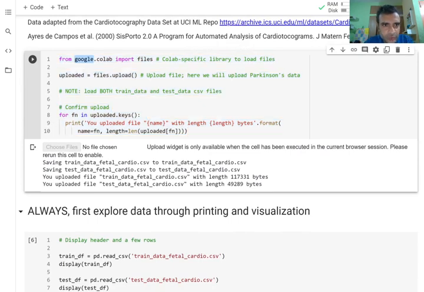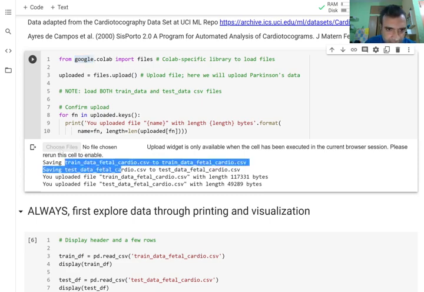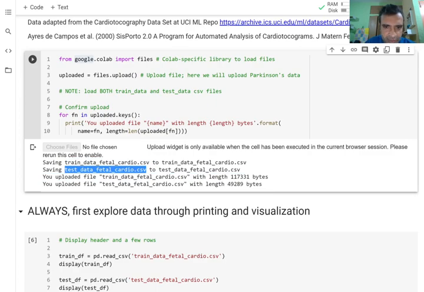There's a library called google.colab from which we can import the files, and it's as simple as upload equal to files.upload. When I run this, I will get this cell which says choose files. I've already done that. You see the saved result. I will click on choose files, go to the place where I want to import the data, and that's it. Then it has imported this CSV file, this is for the training and the other is for testing. It has imported both files now.